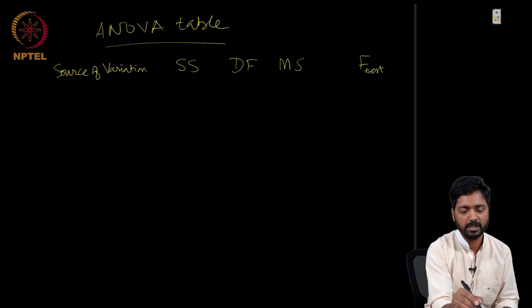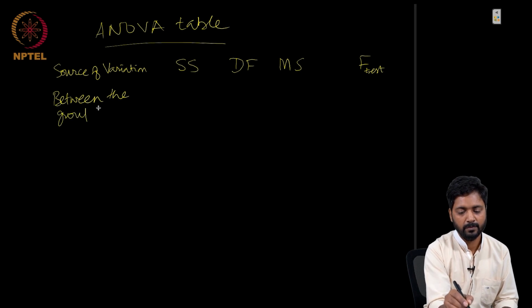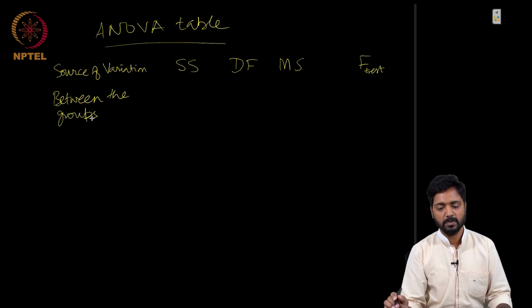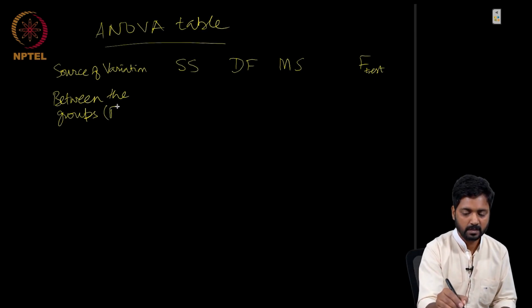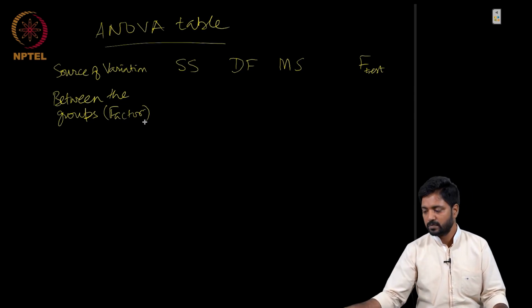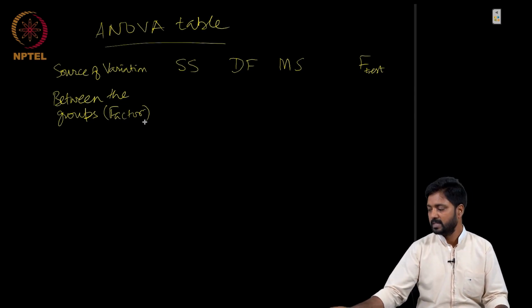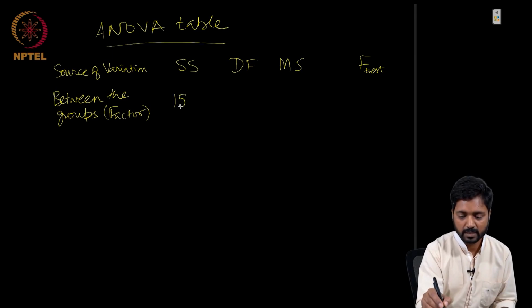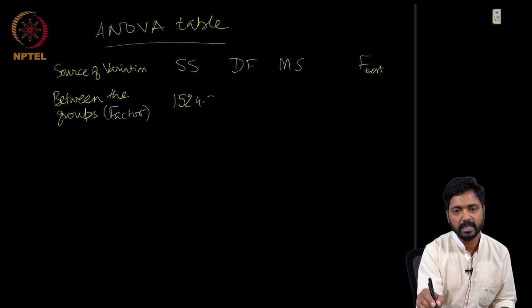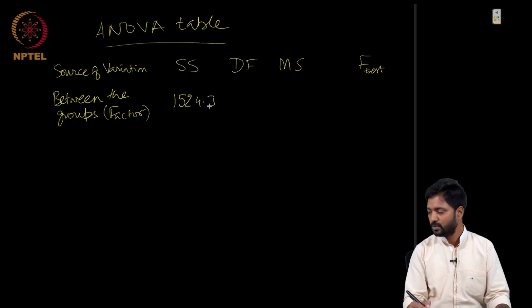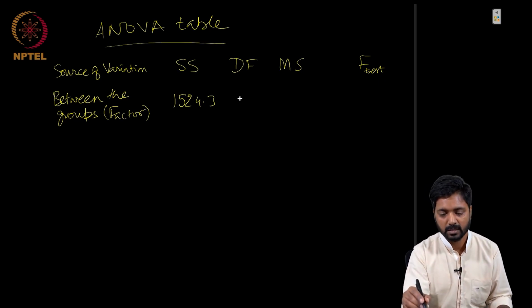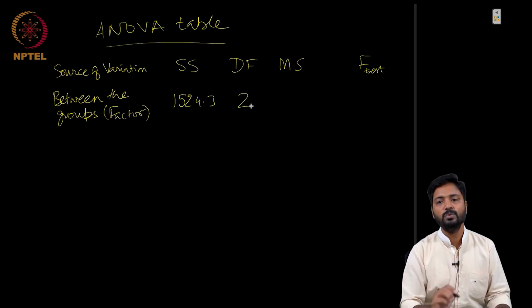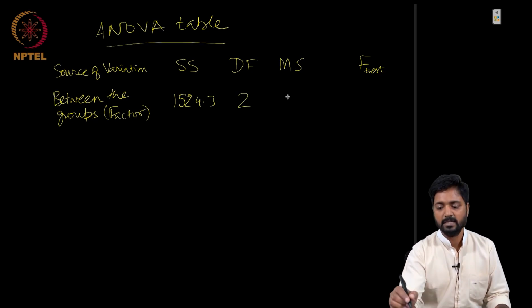So, the source of variation when it is between the groups, we are talking about the sum of squares due to factors, and the sum of squares due to factors for this data set was 1524.3, and the degrees of freedom associated with the sum of squares due to factors was 2, the mean square factor as a result